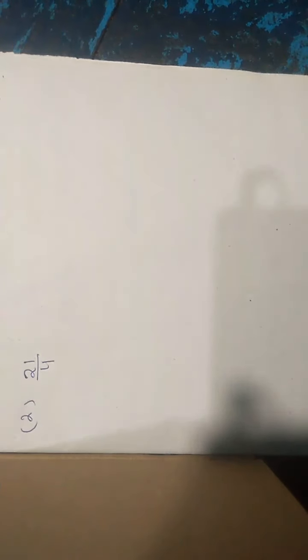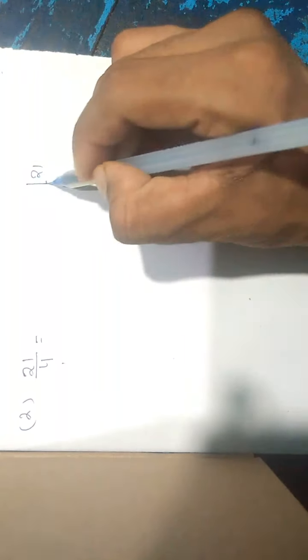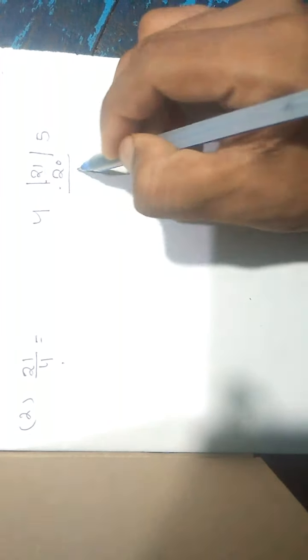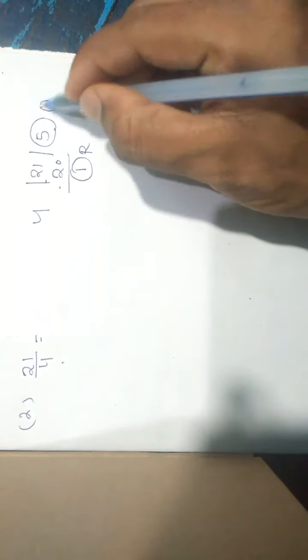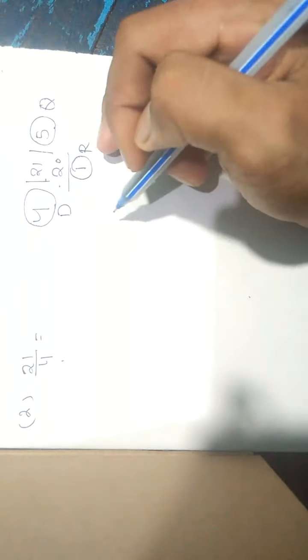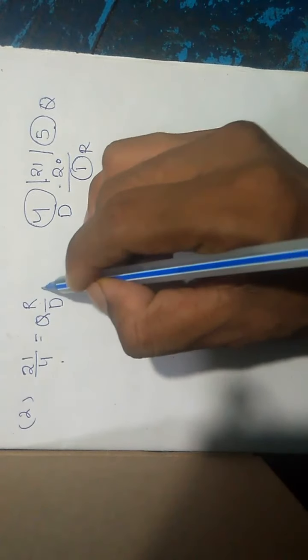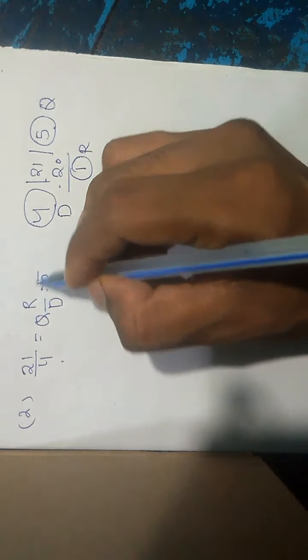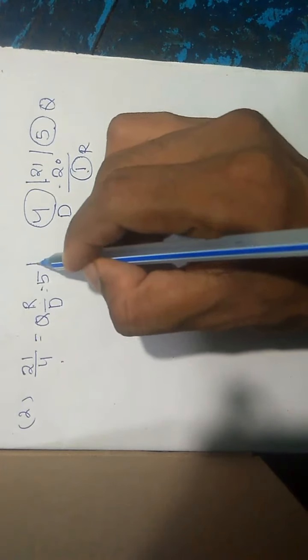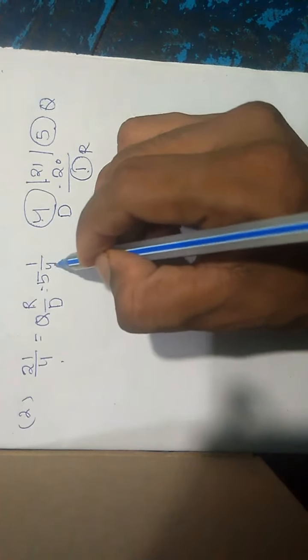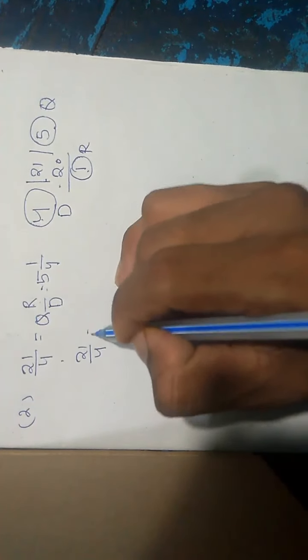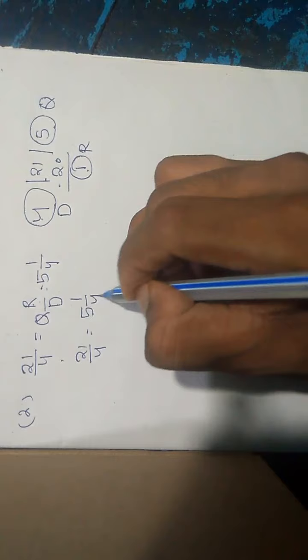Okay, so let us represent 21 by 4 on the number line. So first we have to convert it into a mixed fraction. So 21 is divided by 4. 4 fives are 20. So the remainder is 1. This is the remainder part, this is the quotient part, and this is the divisor part. Now we have to first write the quotient, then remainder and divisor. So here the quotient is 5, remainder is 1 and divisor is 4. Hence we get 21 by 4 is equal to 5 whole 1 by 4.